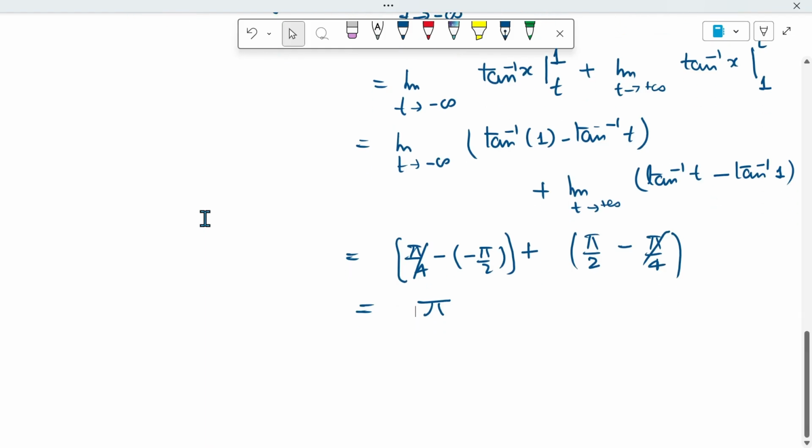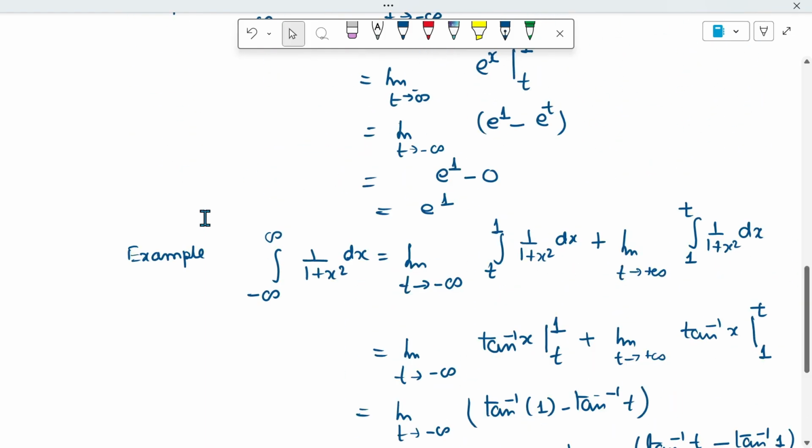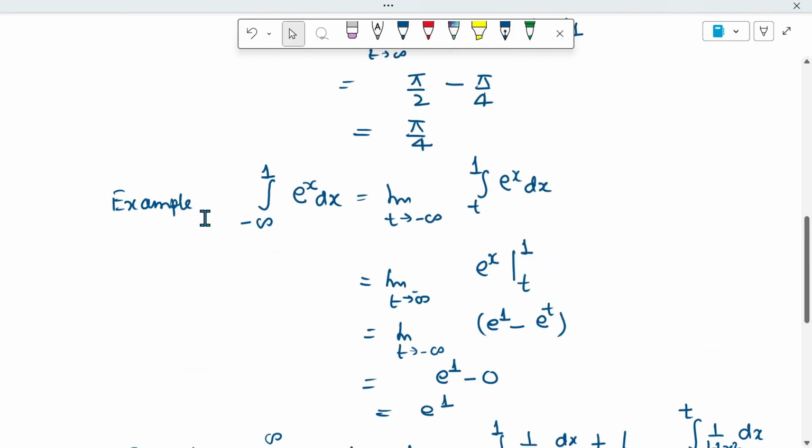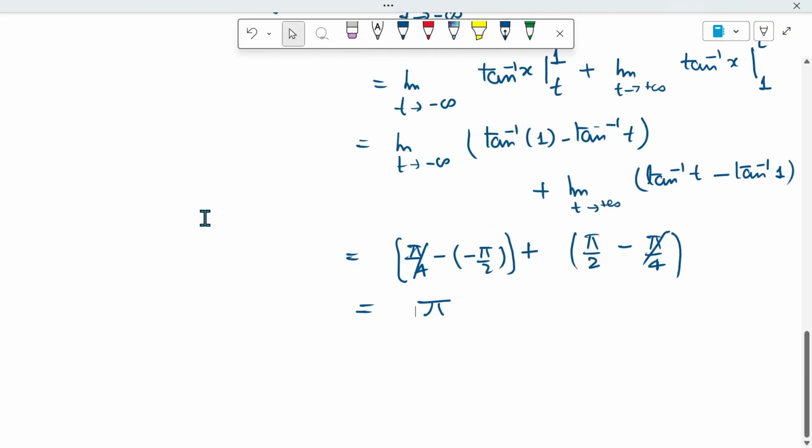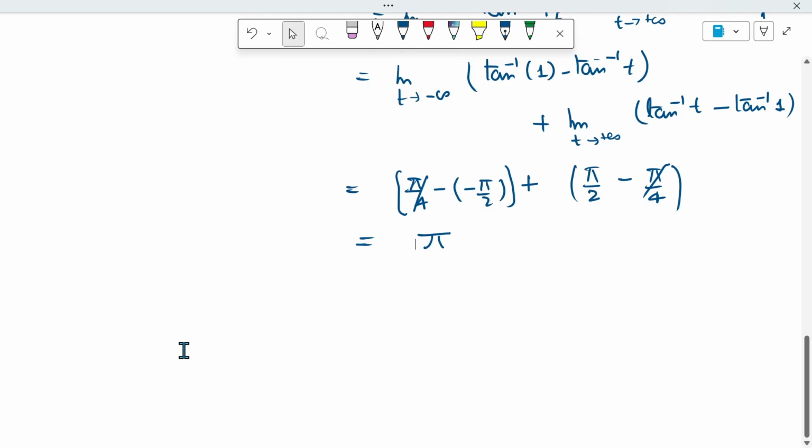So in this way, this is the case we have discussed here, and these all belong to the type 1 category. Now we have another type, that is known as type 2. Improper integral of type 2. Here